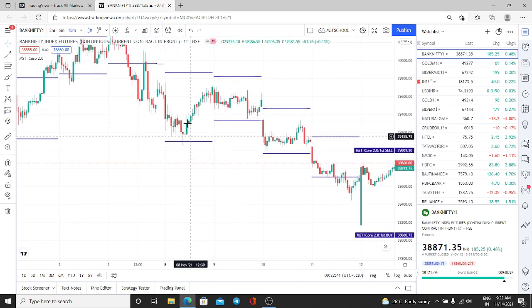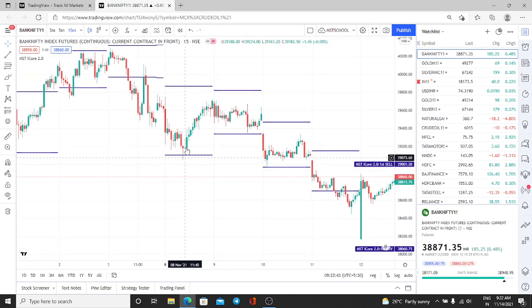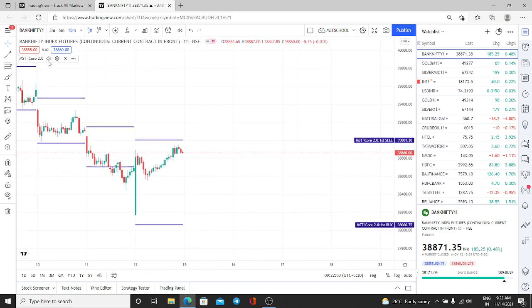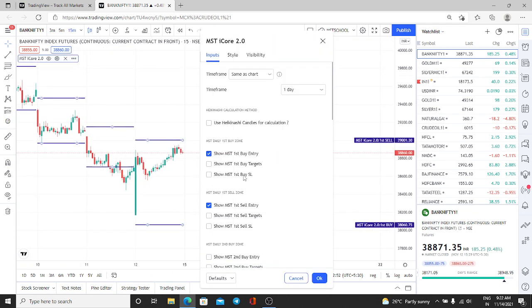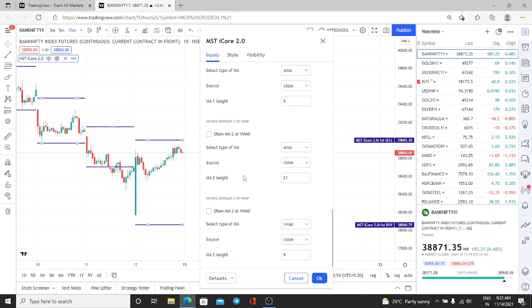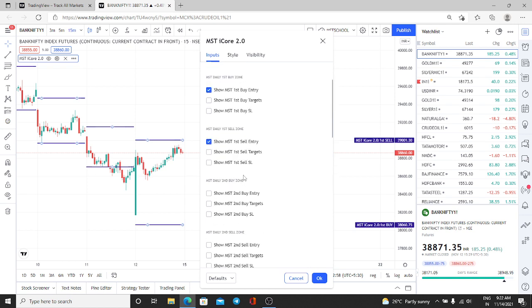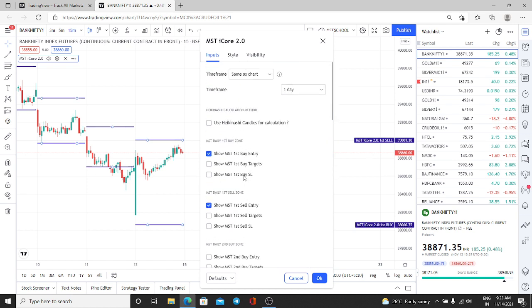See here, this is one day of Bank Nifty. Exactly our buy triggered and targets are hit. I can show you plenty of examples. So this one indicator is sufficient for you. We have added all the features maximum here. Not even one space is wasted; all the things we have explained.